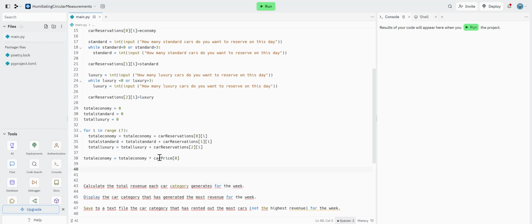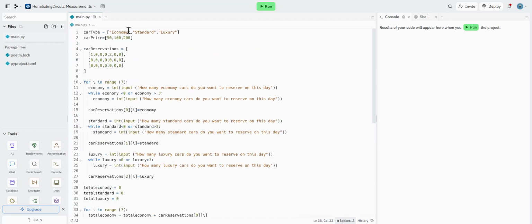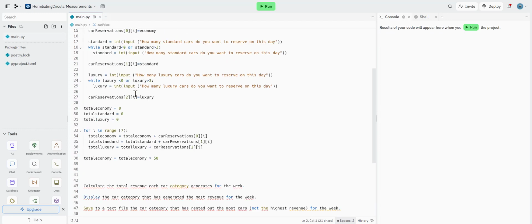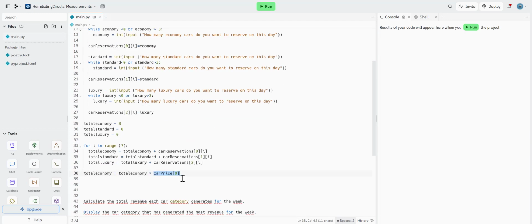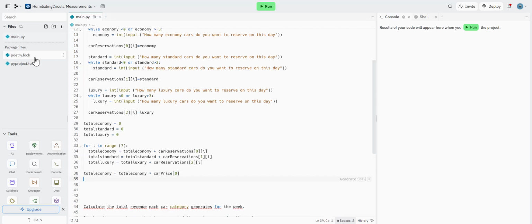We could have just done this, multiplied by 50. But they gave us an array to use, so we need to use it. Otherwise it's going to be lonely. So if you want to work out the total